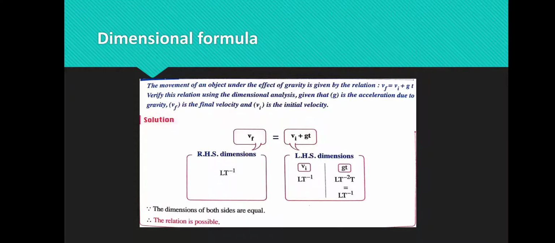Here we have an example to verify a physical relation. The motion of an object under the effect of gravity is given by the relation V final equals V initial plus g t. G here means acceleration due to gravity, so we must treat it as acceleration. All we have to do is get the dimensional formula of the left hand side and of the right hand side, and if they are equal, this relation is correct. If the dimension of the left hand side doesn't equal the dimension of the right hand side, then this relation is